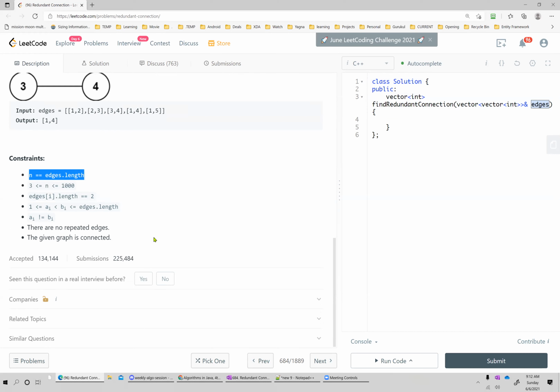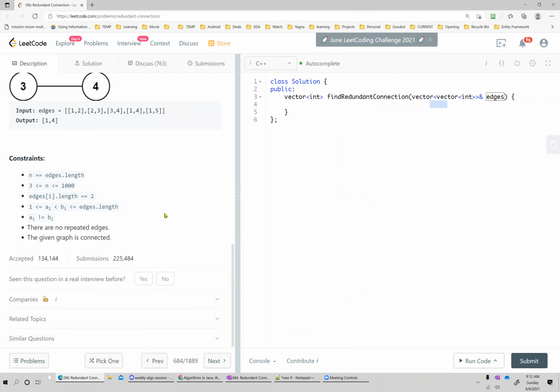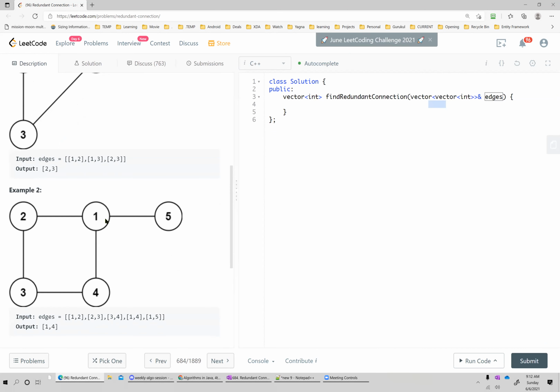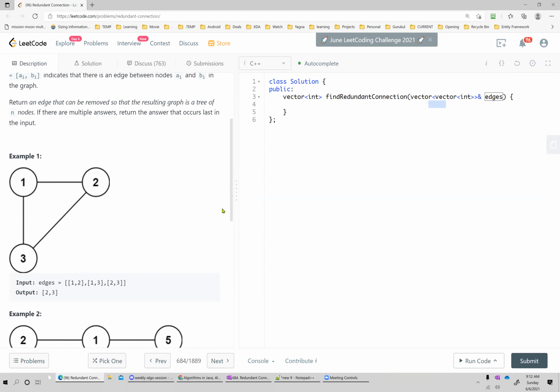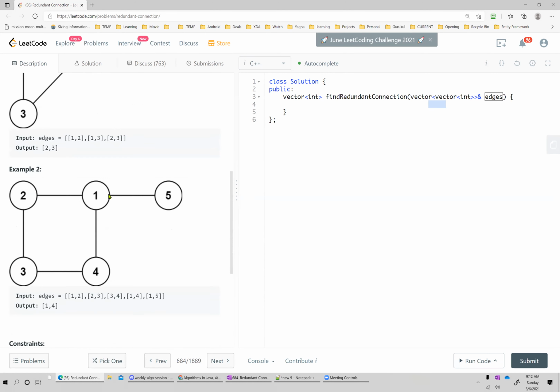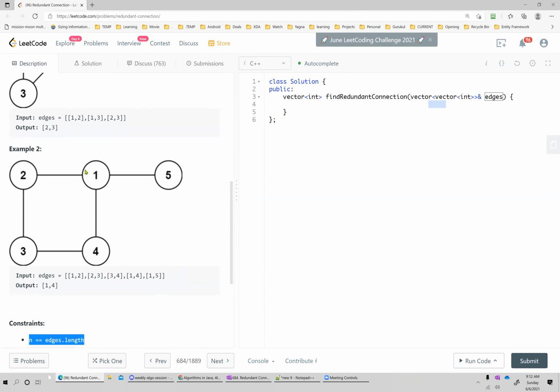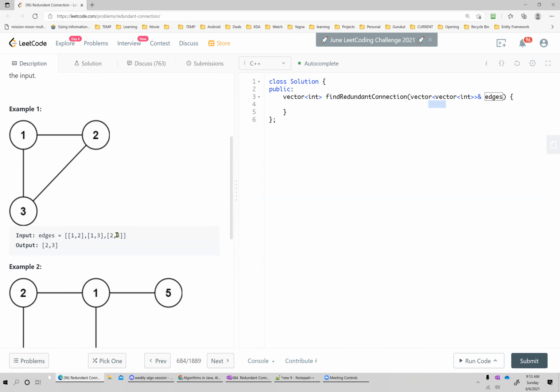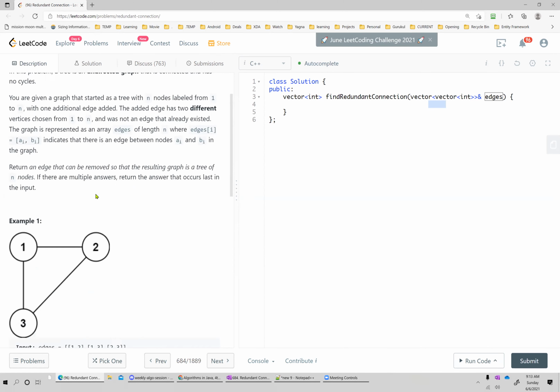So basically, we need to find a cycle in the graph and why the cycle is happening with that node, right? Ultimately, yes. If you look at this, it's a graph, and we have to find the cycle, and not only find the cycle. There is always a cycle, as it is told here, because there is one extra edge. When there is an extra edge, that means there is a cycle. It is always a cycle because this is an undirected graph.